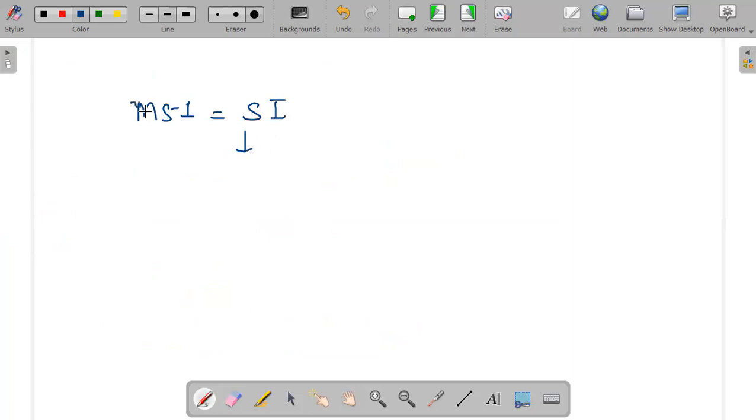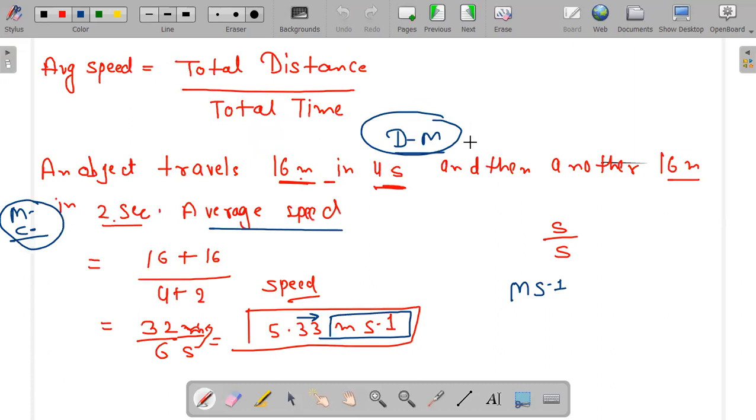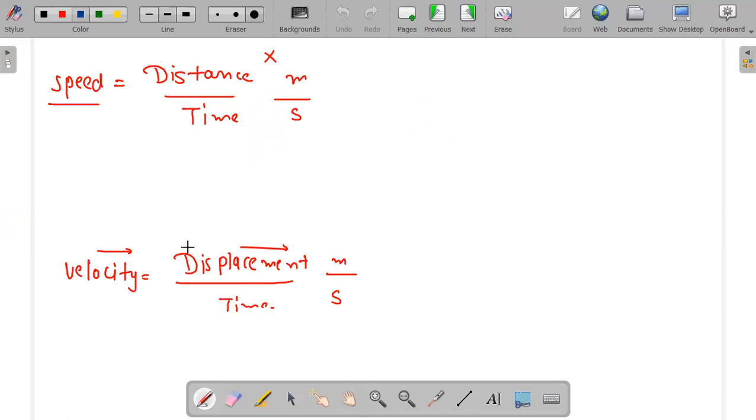Meter per second, every time you find speed or velocity. Okay, due to question, what is distance? Distance is meter and time is always in seconds. So I will move this here and it will be meter per second. You can use this formula, or if you are going for speed and velocity, you know it is always meter per second.